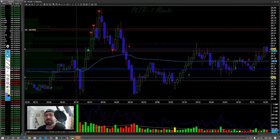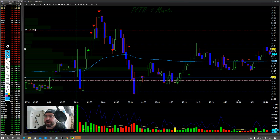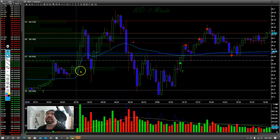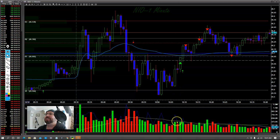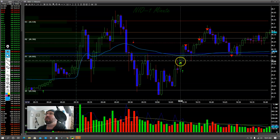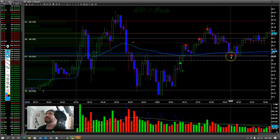So I moved on from that one. Next stock I traded was our buddy Neo. And I've only got 4 tickers, so 2 more left to go. Our buddy Neo here came down, bounced S1, made a nice volume push here through some indecision, which I liked, and then it made a new high above that area going for the red to green line, so I went long there. Solid partials on the way up, and then I stopped out here when it came back to this